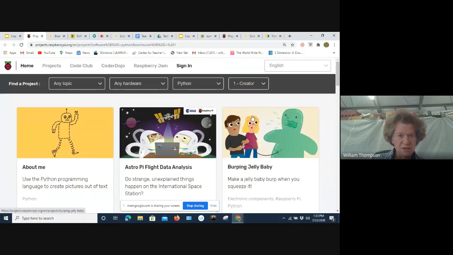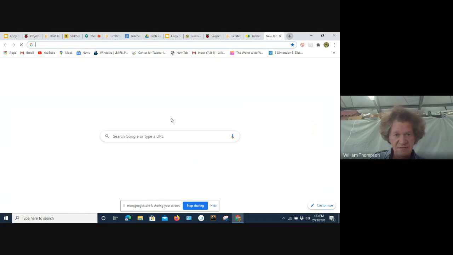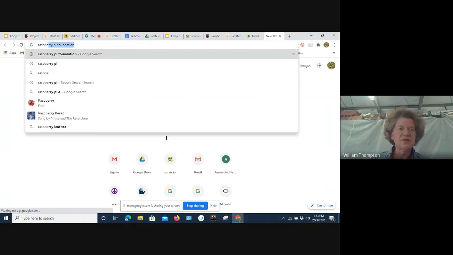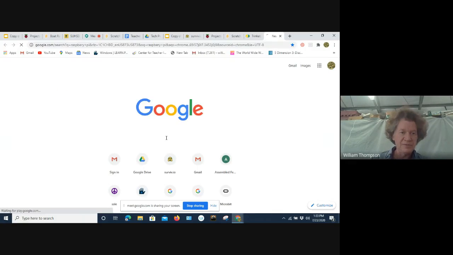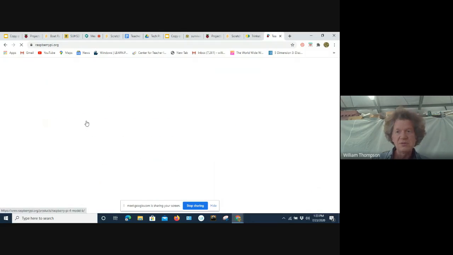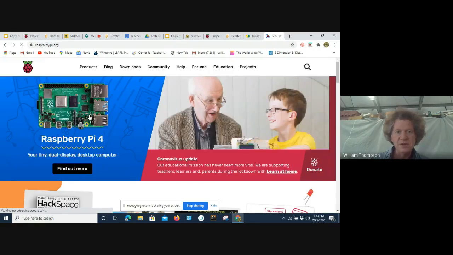So here we are at the Raspberry Pi website. It took us to the project page. Let me also help direct you there. If you just go to a Google bar and type in Raspberry Pi, the first link, if you're on a Google search at least, is pretty much always the Raspberry Pi Foundation site, which brings us here. And usually the resource I'm using is looking at their projects.